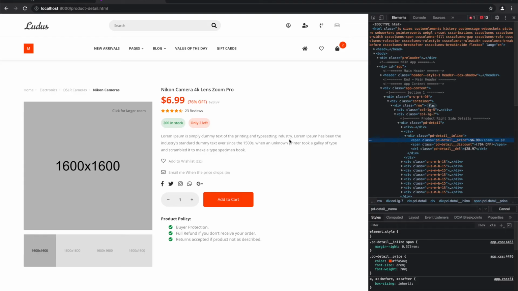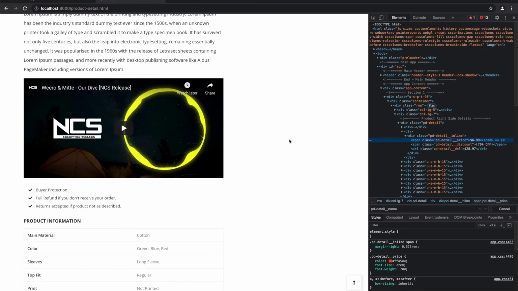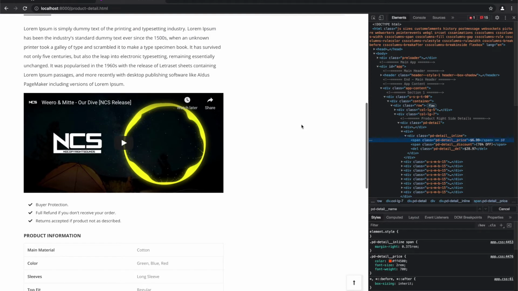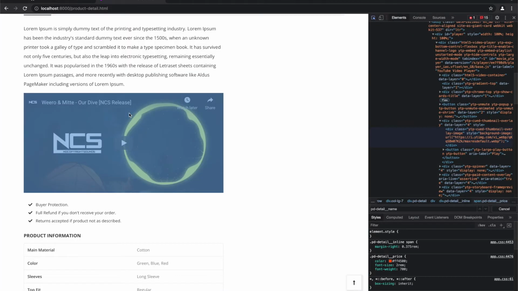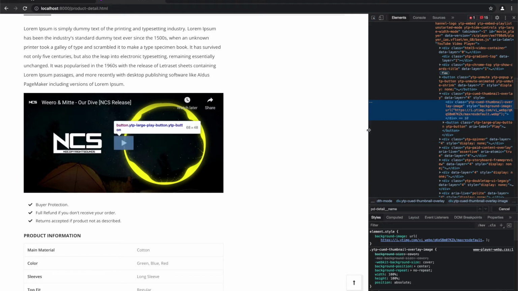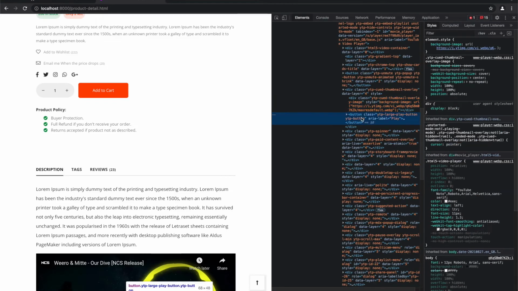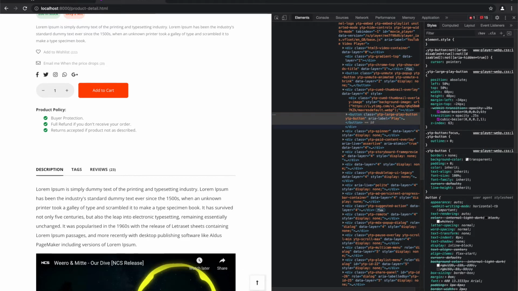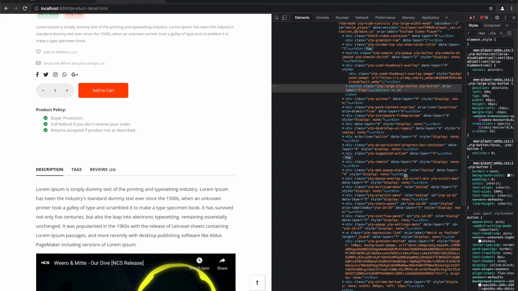So let's say we also want to grab a video, which is displayed right here. So let's see how we can think about this. So we want the YouTube URL. We also see that this is a YouTube video, obviously, so we can try to look for this URL inside of the inspect tool.